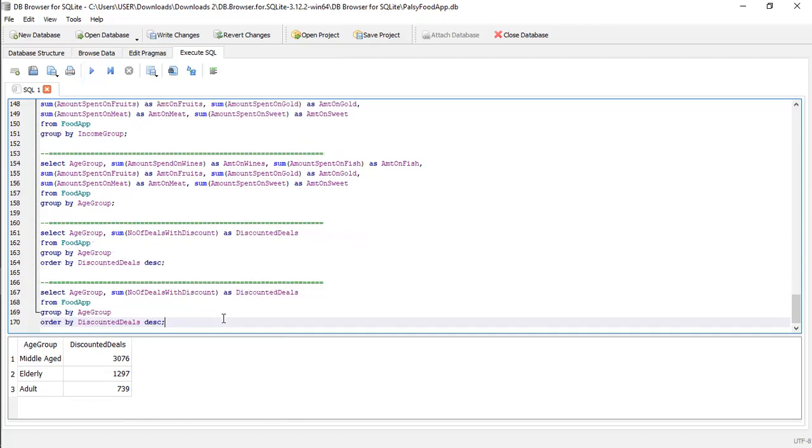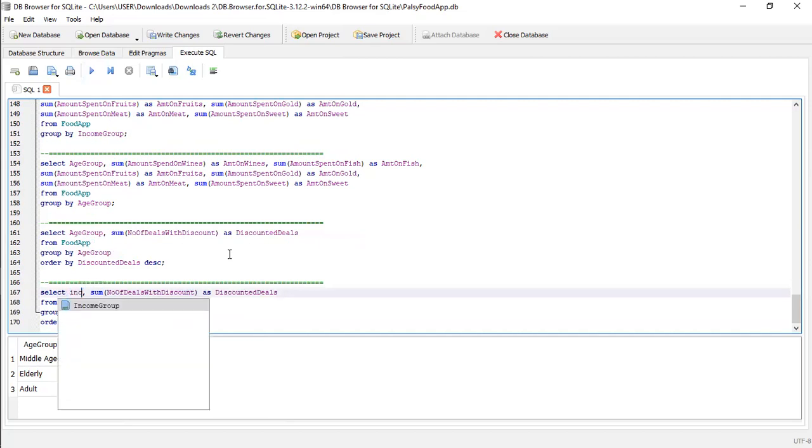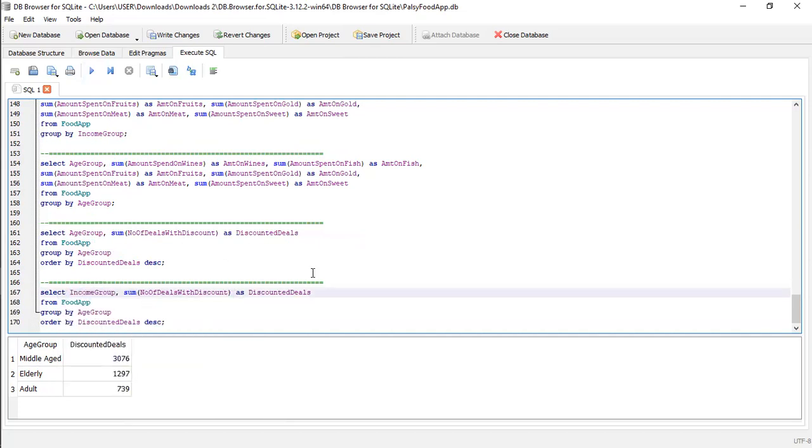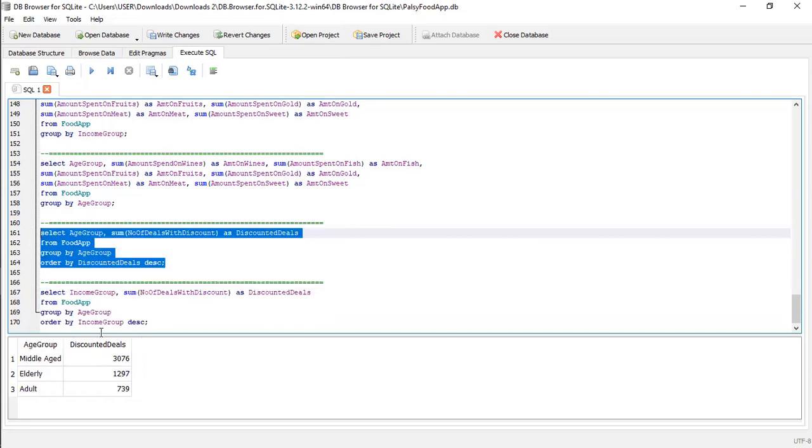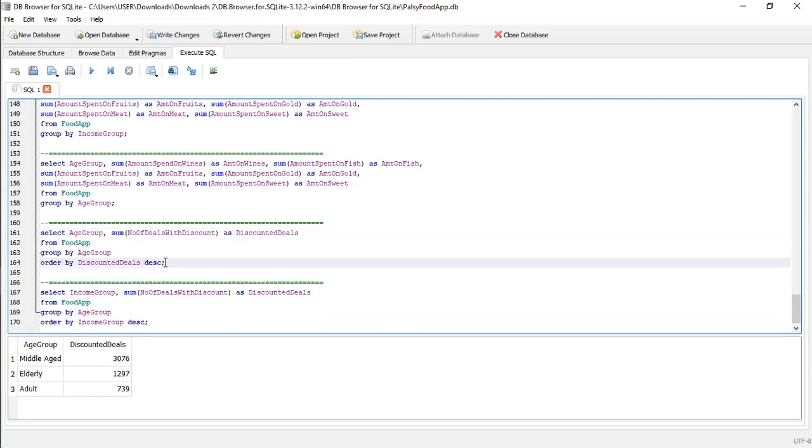I won't be surprised that it's middle earners, because they've spent more, and there seems to be a relationship between middle earners and middle-aged. Now, there we have it. Middle earners received 3,076 discounted deals. Middle-aged, look at it, received 3,076 discounted deals. Obviously, there's a very big relationship between middle earners and middle-aged. All right, so that's something very interesting, something we might want to look at,